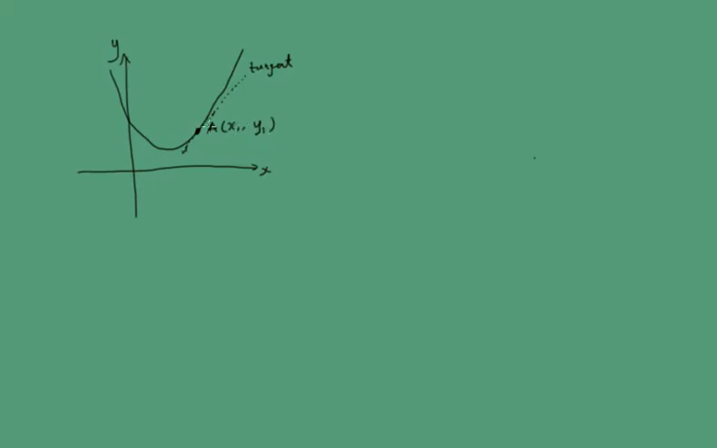Now, if we have a line coming down here, and that line is at right angles to our tangent, we call that the normal. And if we say that this curve is y, the gradient dy by dx at point A is m,